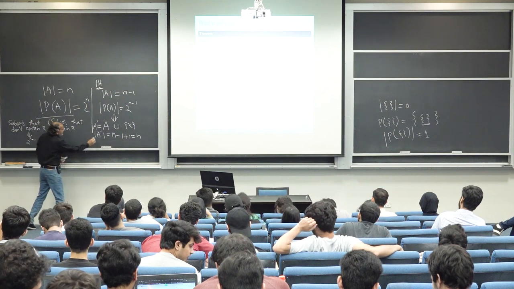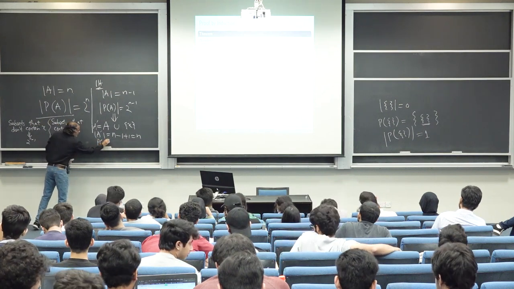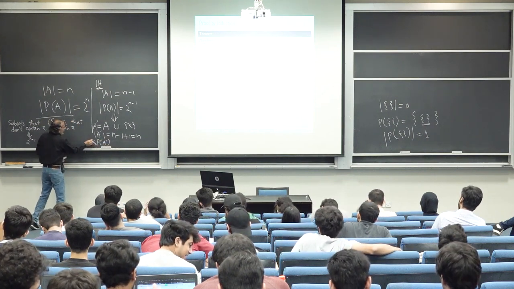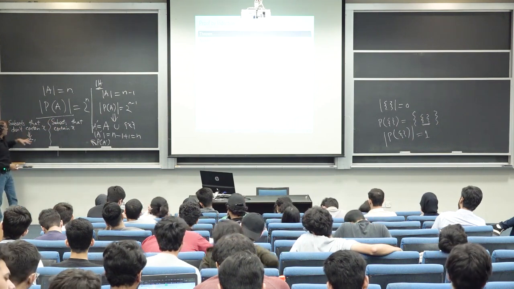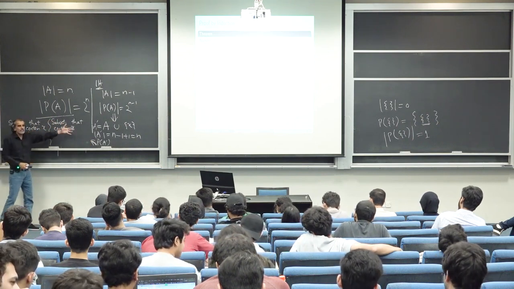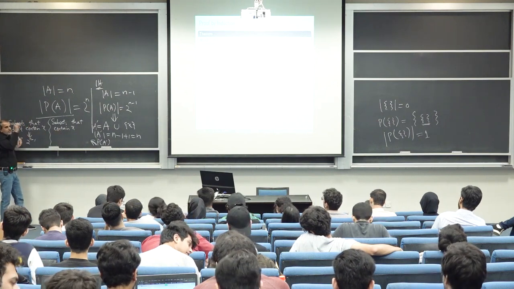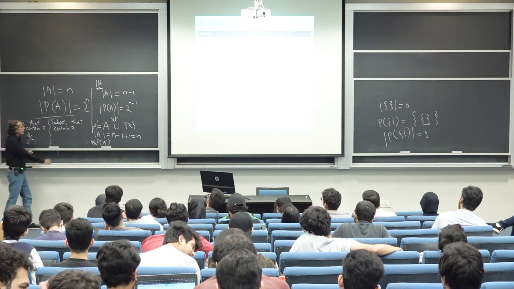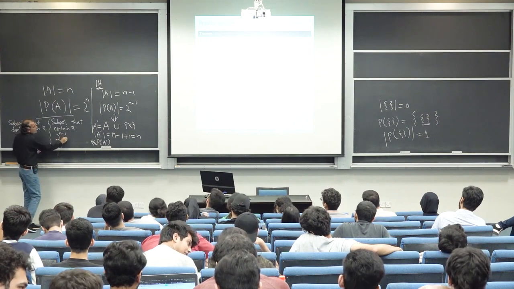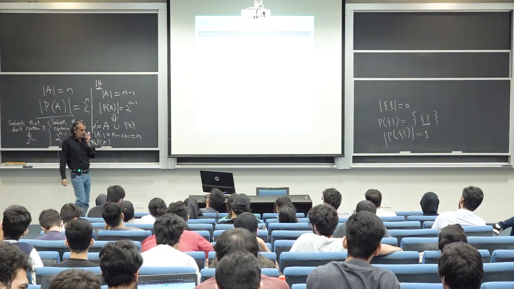X. Now the power set of A prime has two kinds of subsets: subsets which do not contain X and subsets which contain X. What will their count be? These are exactly the same subsets; we have just inserted X in every subset. So their count is 2^(n-1), and we are done.